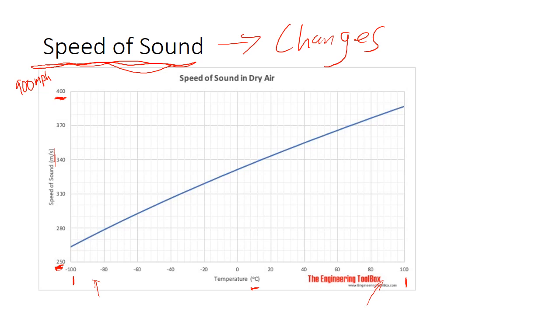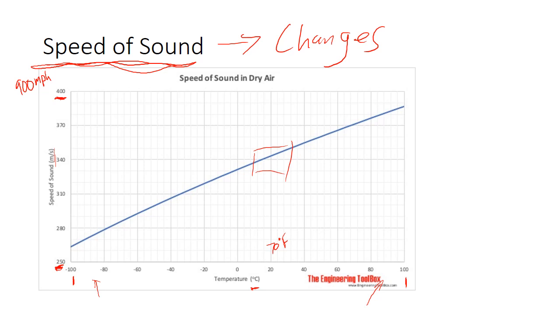Normally in real world language, we're going to be pretty much just in this area here, around 20 degrees Celsius, which is around 70 Fahrenheit.